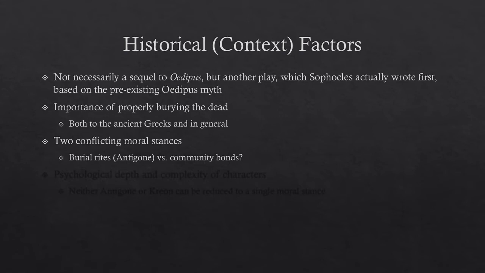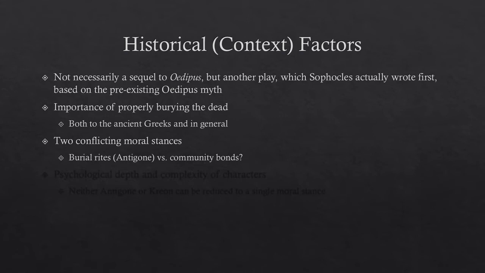And we're a community at a crossroads, on a precipice, and we're divided because Oedipus was a great leader, but he had a tragic past. That truth has come out, and now he's gone. We need a good leader. How can I be a good leader if I properly bury traitors? And so they both have very legitimate claims, and those claims butt heads here, and that's the central conflict of